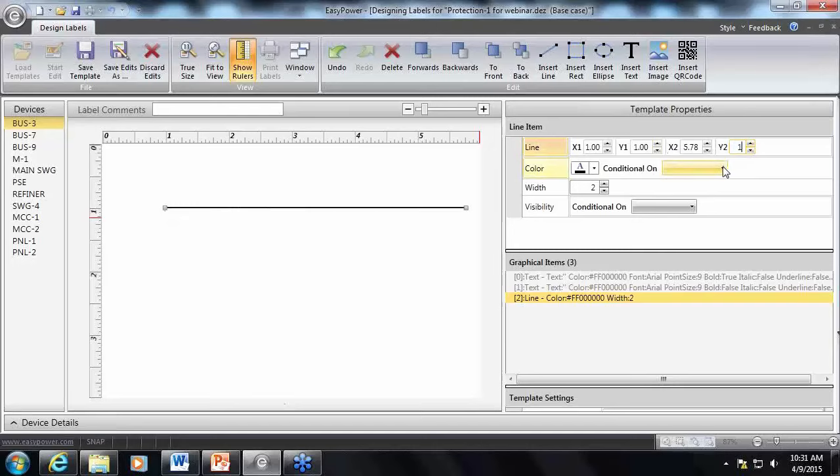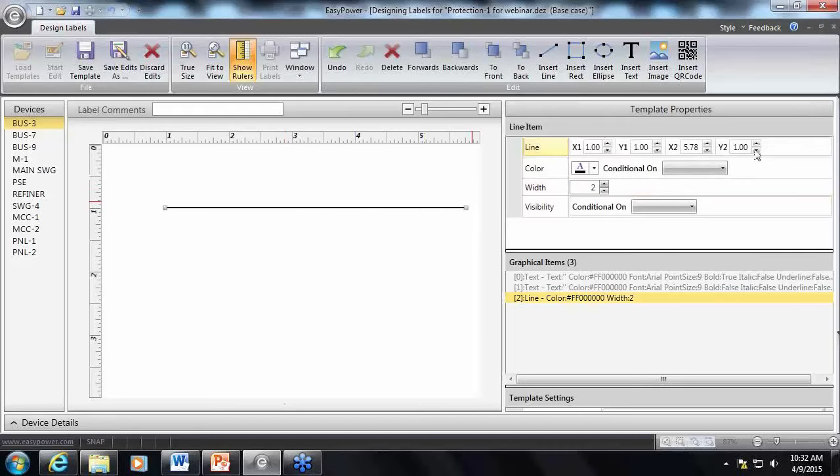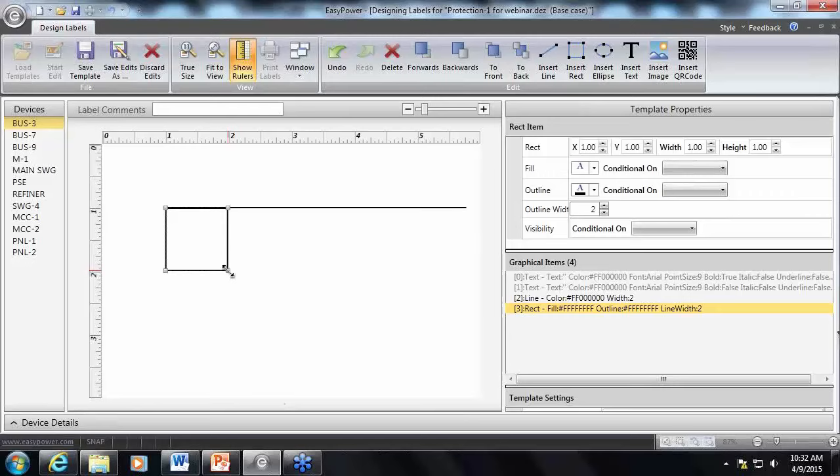If I want it to be a straight line, I could type in 1, so the x-axis goes from 1 to 5.78 inches, and then the y is at 1 inch. If you want to pull in the properties, if we click on that, it pulls up the properties, so you can continue to move. You can also do a rectangle,